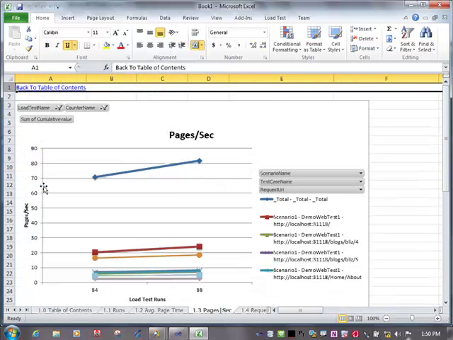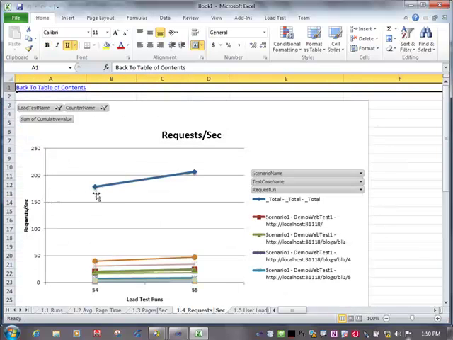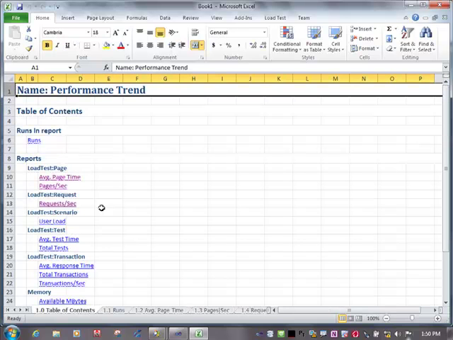The number of pages per second increased from 70 to about 85. Each page looks like it improved as well. Number of requests per second looks good over time. We've definitely increased the number of requests per second that we're able to handle. Notice also, again, I'm running on IIS Express on a laptop here. My database is just a SQL Compact database as well, so everything's running